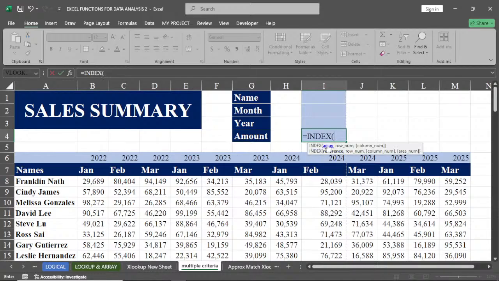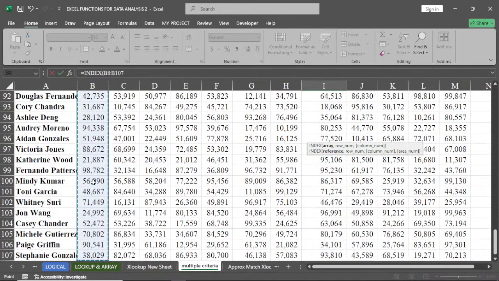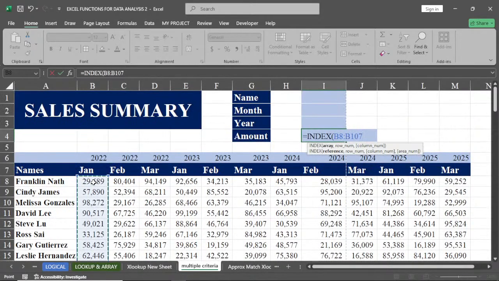It asks me what's the array. The array is what I'm looking for. So here I'm going to select this, Control Shift down, Control backspace. That is my array. So now to